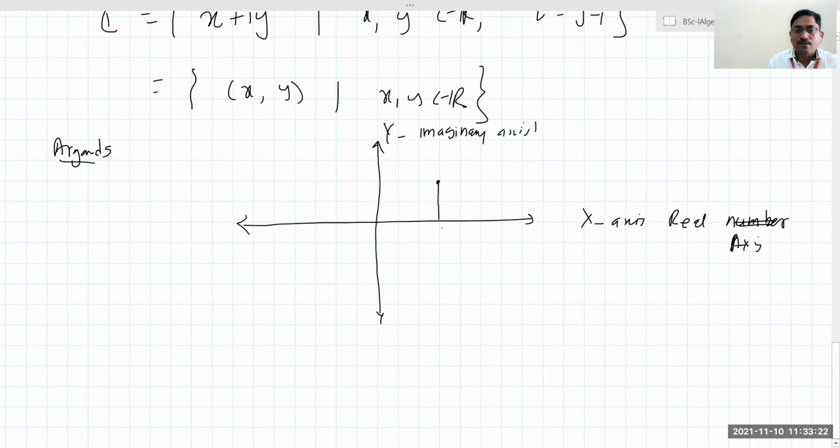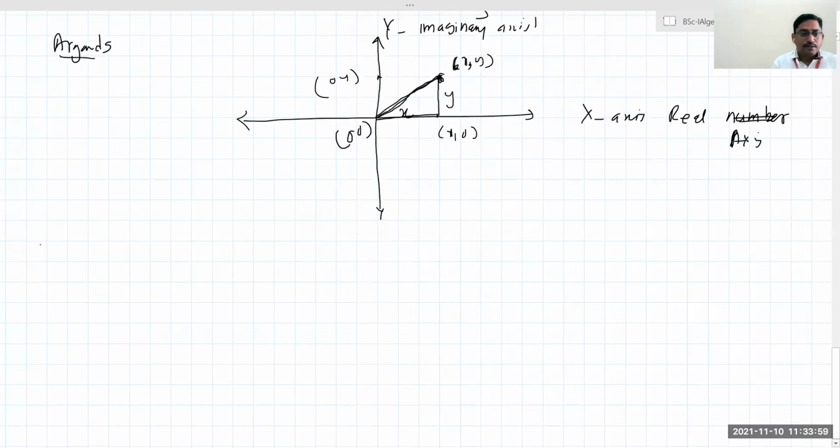Okay, I'll draw a perpendicular for this. So this length is x, in fact, and this height is y. If your position is x comma y, that is x plus iy, we have to find the distance from the origin. This is the origin, 0 plus 0. It has position x comma 0. And this point has position 0 comma y. And this point is your required given point p equal to x comma y.